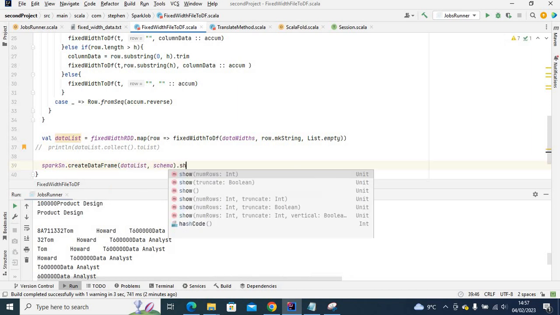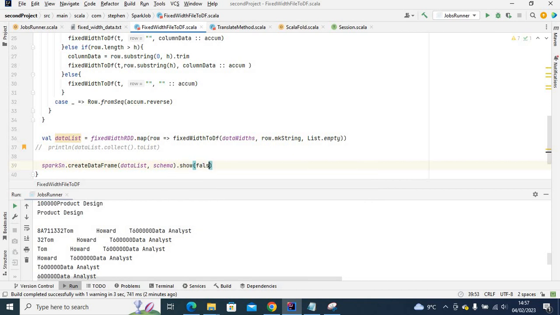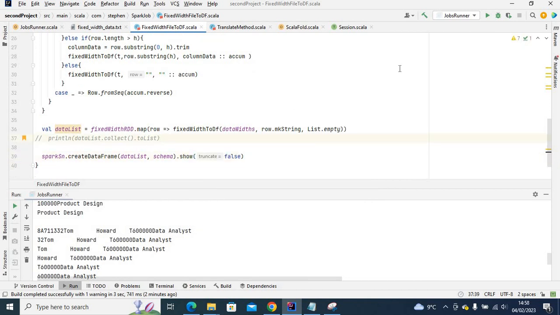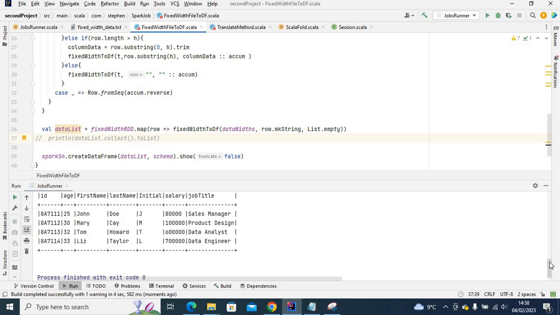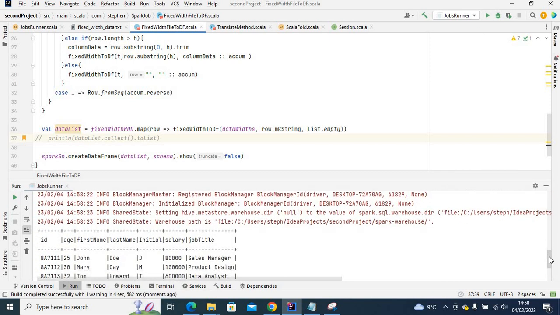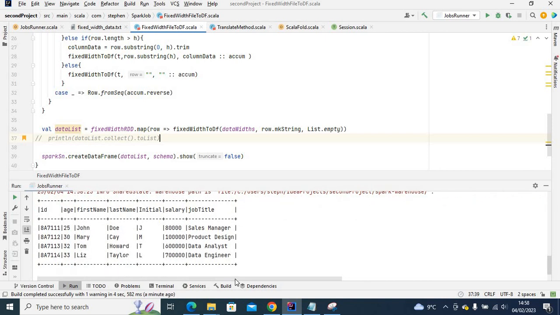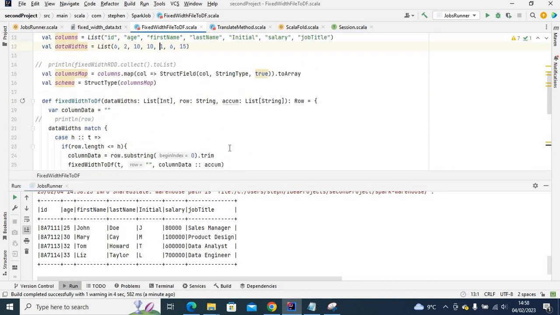Let's say dot show false. Alright, let's run this again. Now we have successfully converted our fixed width data to a data frame: the ID, the age, the first name, last name, initial, salary, and job title. So that is how you can work with this type of